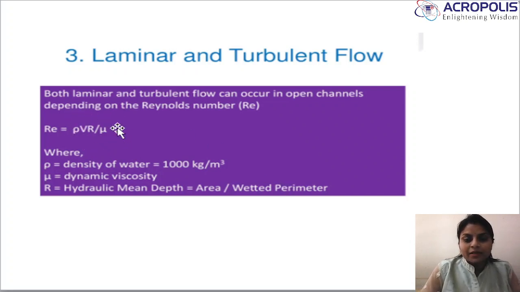So the density is known, the velocity you can evaluate, the hydraulic radius you can evaluate, and the viscosity is constant. With these parameters, you can find the Reynolds number. If the Reynolds number is less than 500, it means the flow is laminar. If the Reynolds number is between 500 and 2000, it is a transition state, and if the Reynolds number is more than 2000, this is known